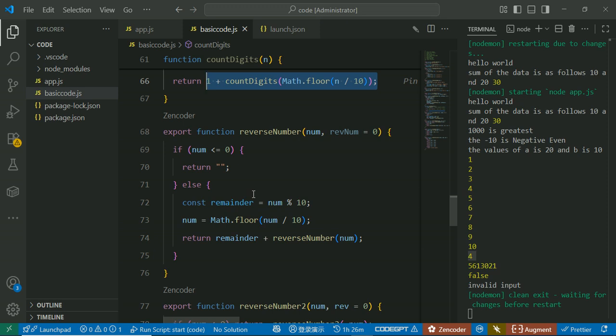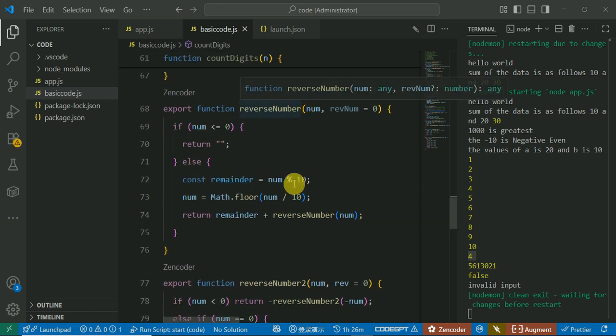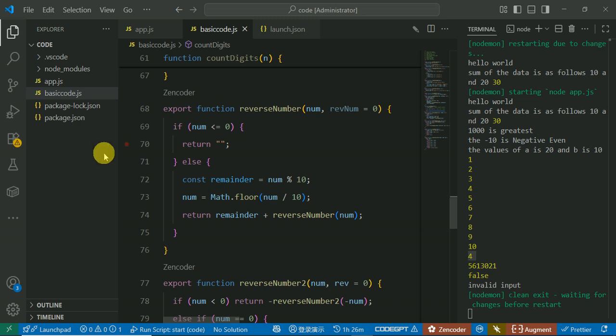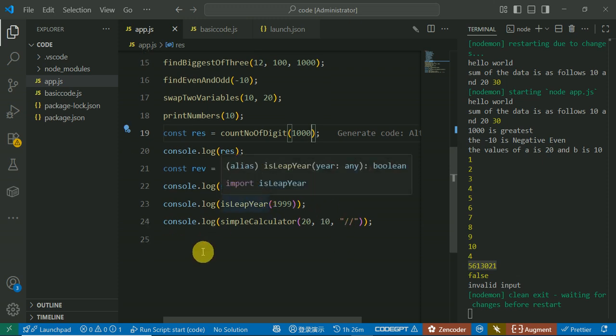So going to the next thing, which is the reverse number. Reverse number is also fairly simple. There are two ways to do it. We find the last digit, convert it into a string and then return it. So this is the value. When I go here and see this, reverse number 1203165, it has reversed it correctly to this, and this is the name of the function,